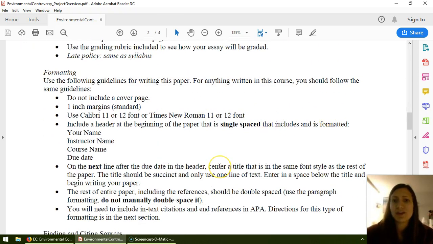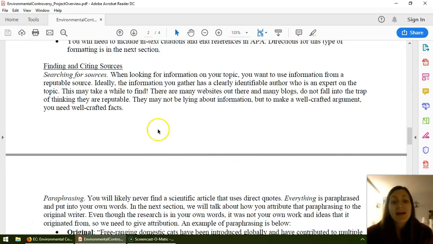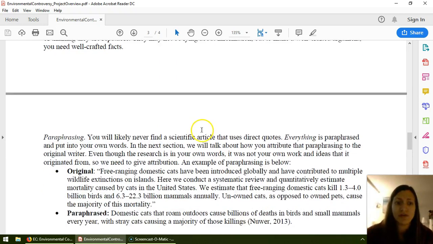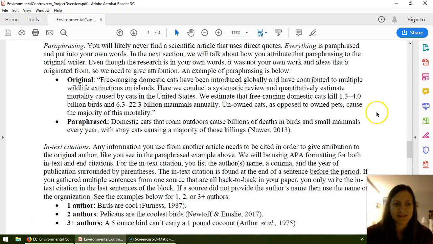The formatting area will tell you exactly what I want that paper to look like, so you guys can read through this on your own time. And then I have a whole section about how do you find good resources, good articles to use. I also give you an example of how to paraphrase information. Again, paraphrasing is not just changing a word or two. Paraphrasing is taking the main thoughts and ideas and putting it in your own words. I know you guys pretty well at this point that I can easily recognize when you just copied and pasted or changed a word because it's not your style. And it's very easy for me to recognize that.